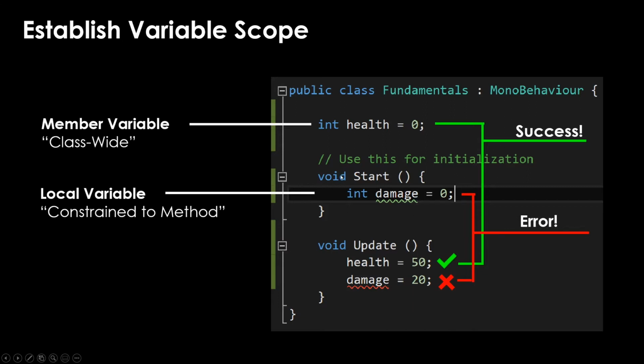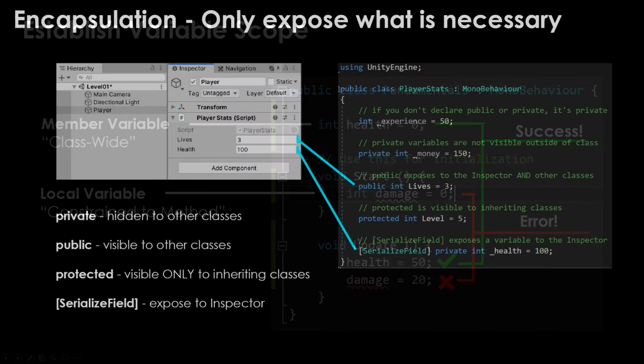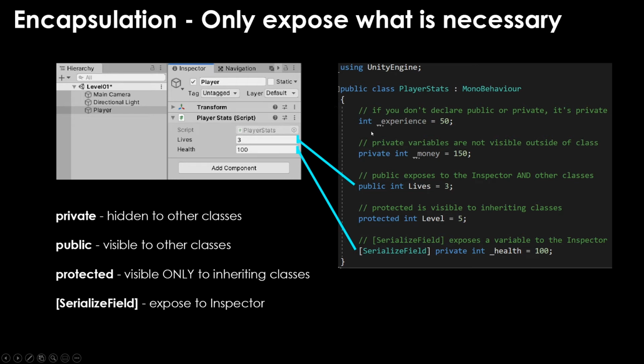And I would say it's actually good practice to utilize local variables, even though they seem more limited. You don't really want your Update to know about things that it shouldn't know about or doesn't need to care about. So this allows us to isolate things to where it makes sense and not clutter information wherever it does not make sense. So encapsulation is when we can start to determine what is private and what is public and protected according to whether or not other things should see it